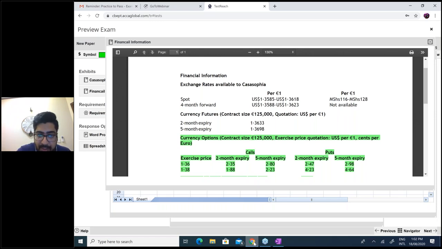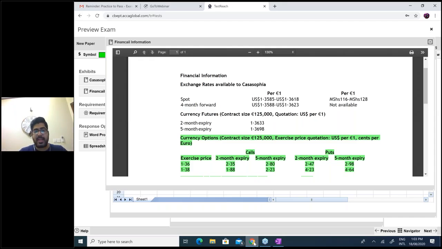I am in Europe at the moment in this question, and I'm receiving $20 million. So your principle is correct: if you're receiving $20 million, you need to sell it, take a put, the right to sell. But the contract is not in dollars, it is in euros. See in the question, the options contract is in euros. You're selling dollars, but buying euros. So since it's in euros, you are buying euros. The call option in 5 months is 2.8.